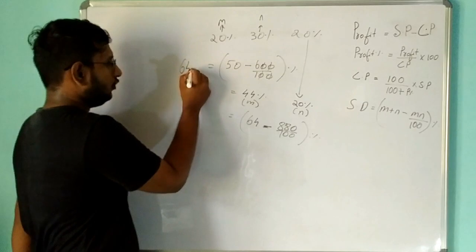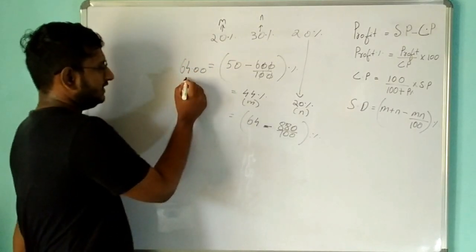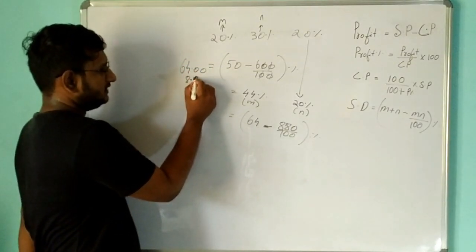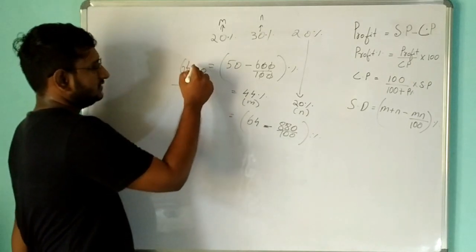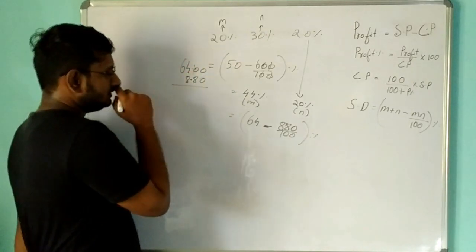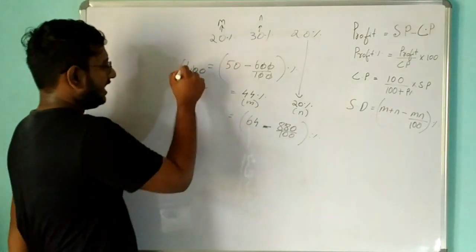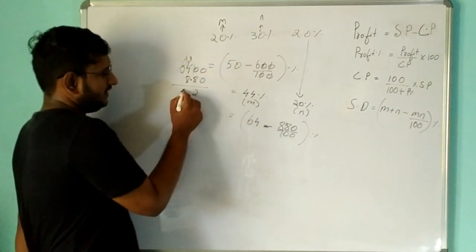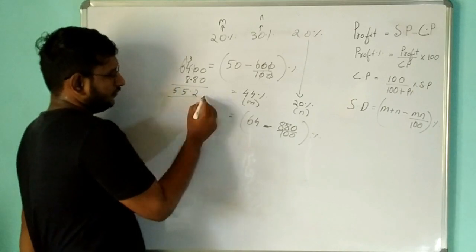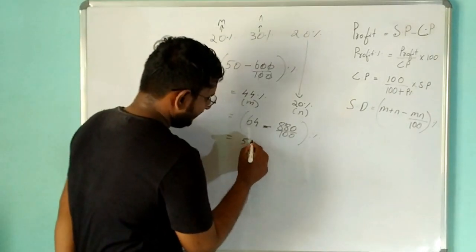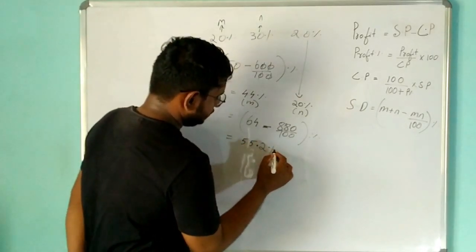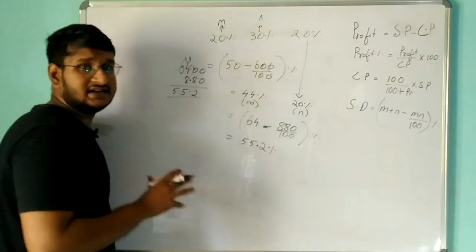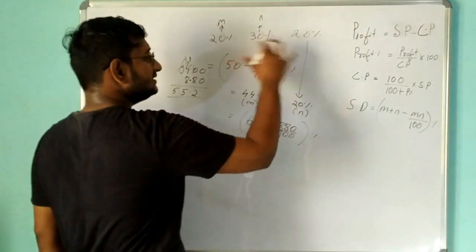We will be having 8.8%. So 64.00 minus 8.80. Okay, by calculating this we will be having 10 minus 8 is 2. We will be having 3, right? Here 3, then 13 minus 8 is 5. So we will be having 55.2%. Okay, so this is the combined, that is single discount for all these 3 discounts.